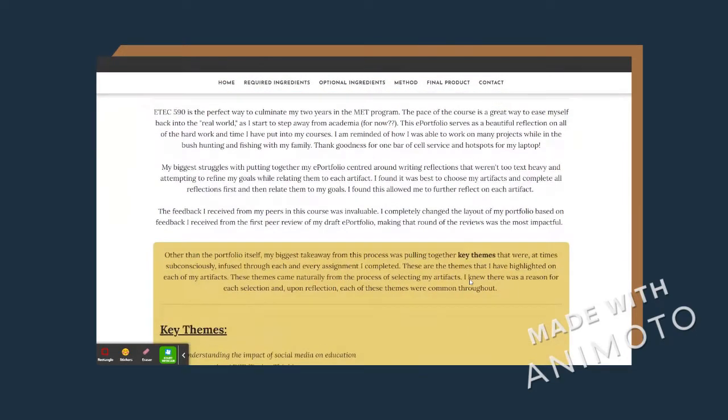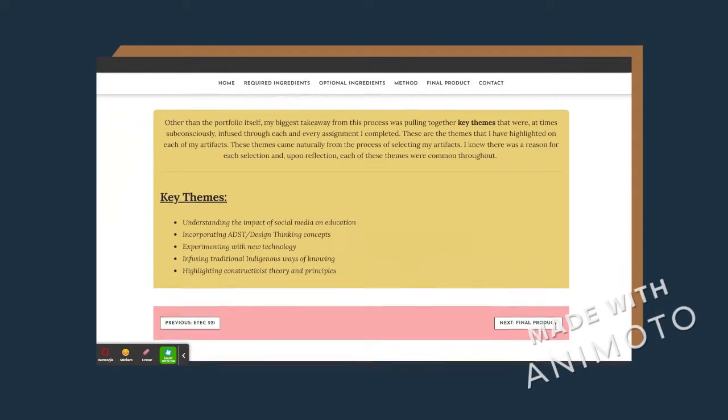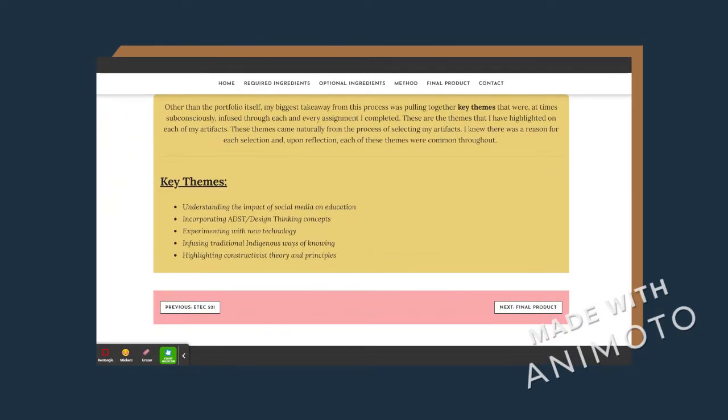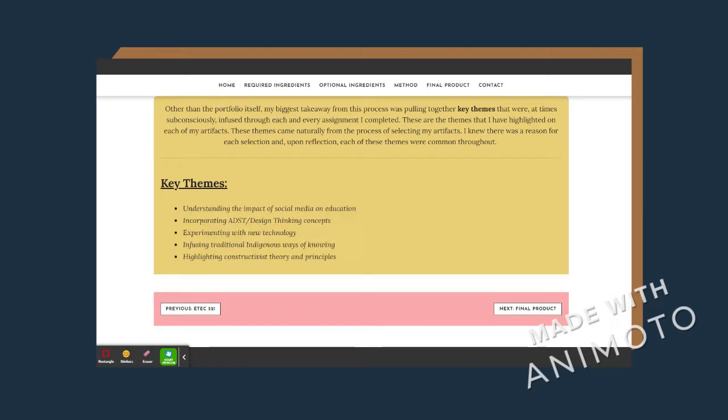So here I just talk a bit about my ePortfolio, but I think the biggest takeaway for me was the development of these key themes and how they just, like I said, kind of organically came out. So the key themes that I found as I went through my artifacts were understanding the impact of social media on education, incorporating ADST and design thinking concepts, experimenting with new technology, infusing traditional Indigenous ways of knowing, and highlighting